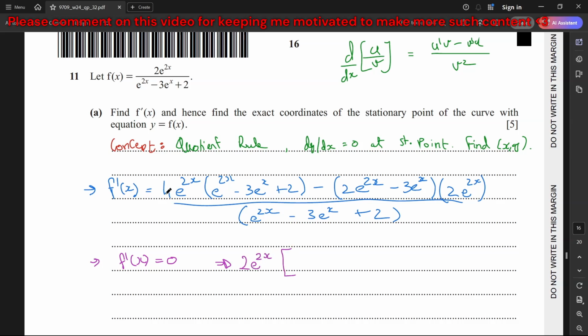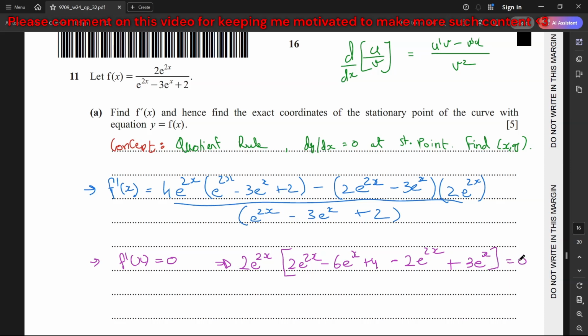And then I'm left with 2 times e power of 2x minus 2 times minus 3 is minus 6 e power of x, and then 2 times 2 is 4, right? And minus 2 e power of 2x, minus minus becomes plus 3 e power of x, and this is equal